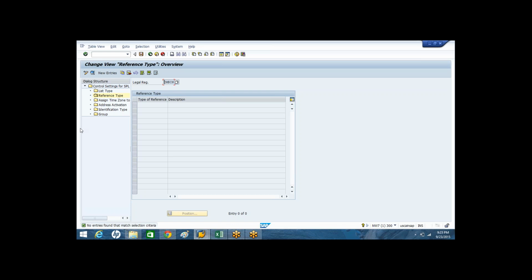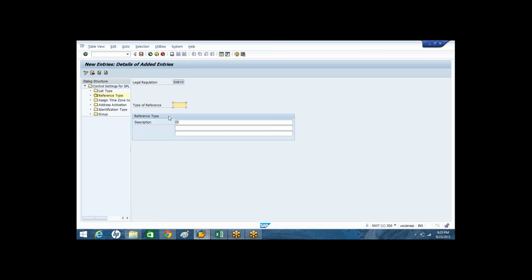So you can define whatever reference types you need: also known as, AKA, or you can also define one more reference type, that is DBA, doing business as.